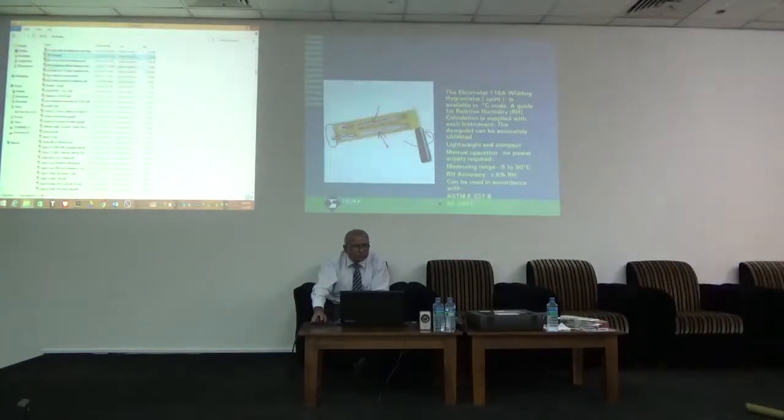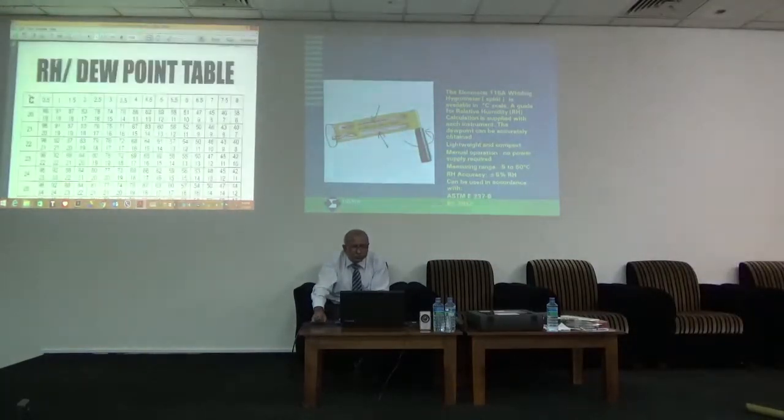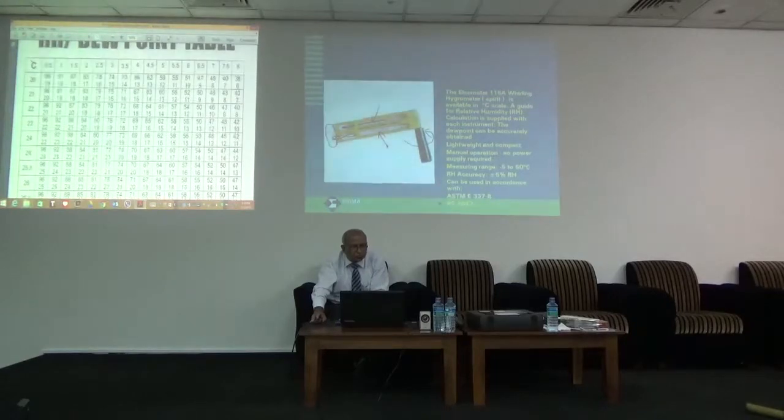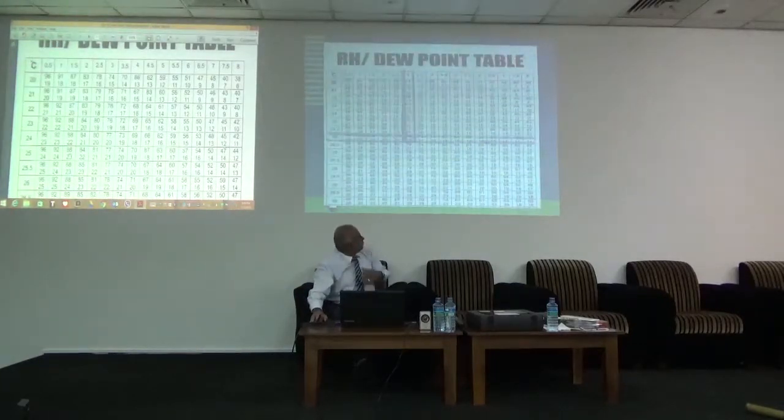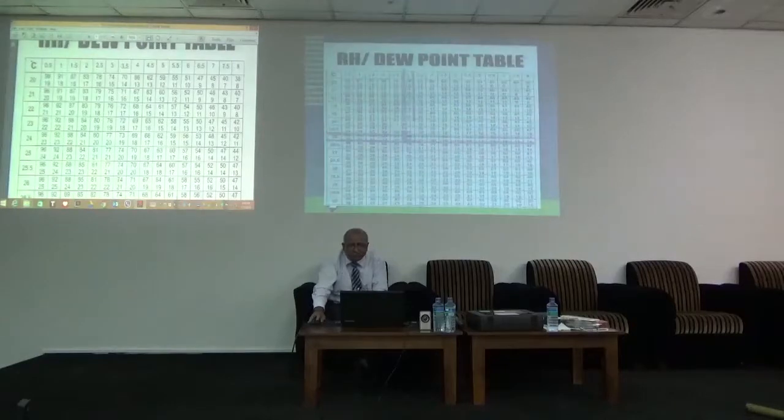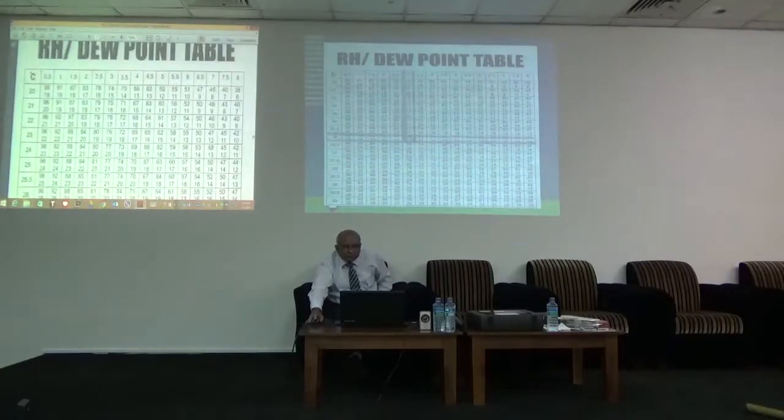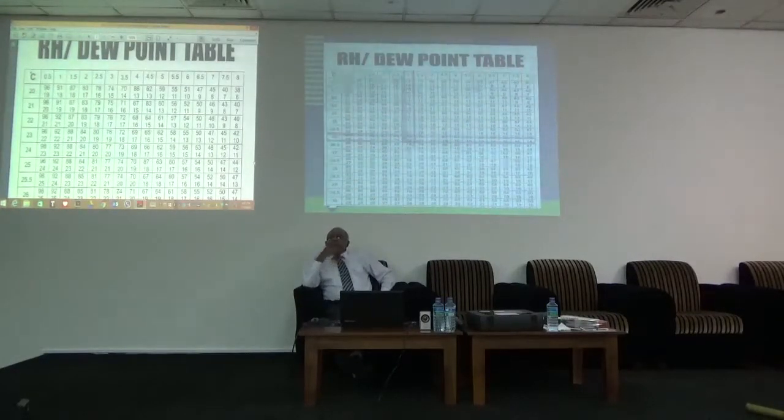And so, when you turn it, you have, say, for instance, 20 degrees for the dry bulb, 25 degrees for the wet bulb. Make the readings. Then you go to the chart and you read it. The difference is 3 degrees. The dry bulb is 26 degrees. So your relative humidity is 78% and dew point is 22. But in the digital one, you can straight away get all the information without doing this.